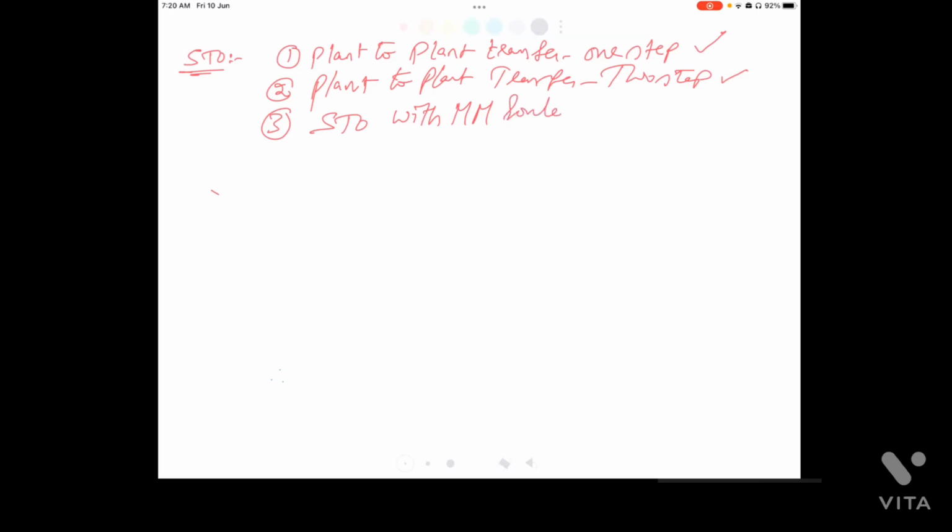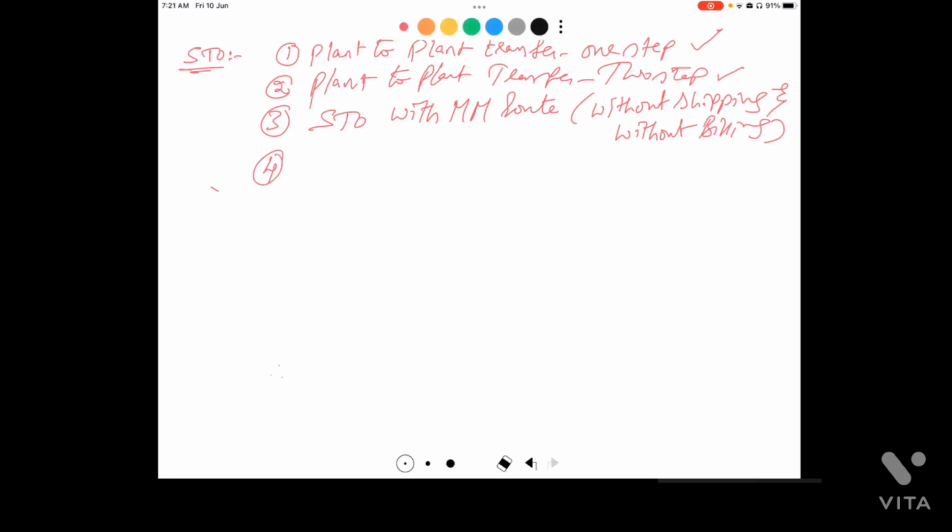So with MM route, we can say without shipping. There is no shipping here, and without billing, we don't have billing as well. So there is no SD integration. This is only MM. But when coming to the SD-MM integration, there is intra STO,